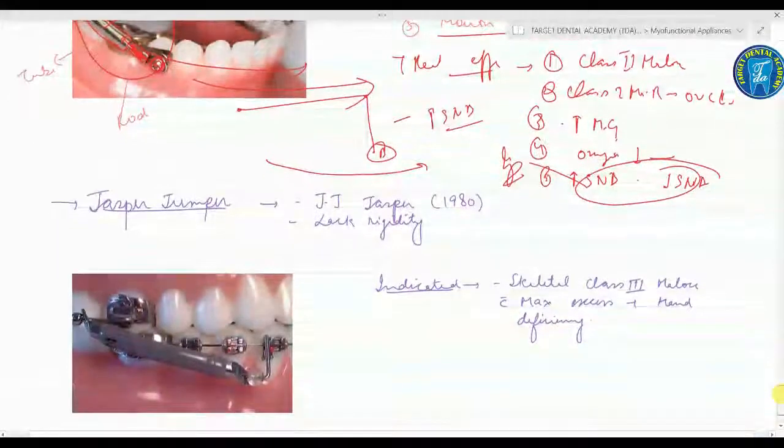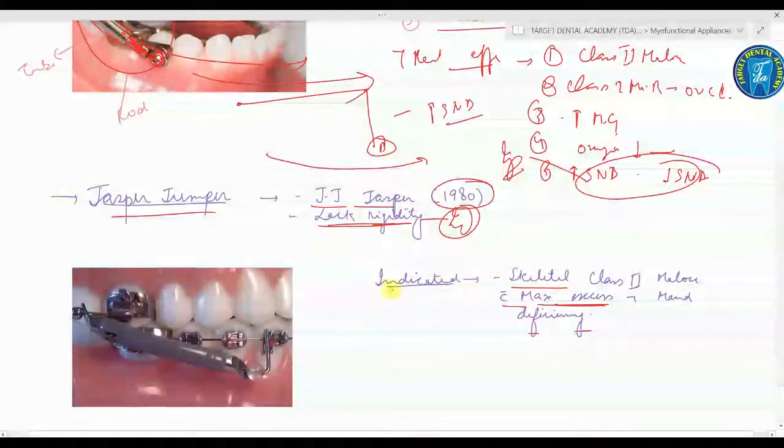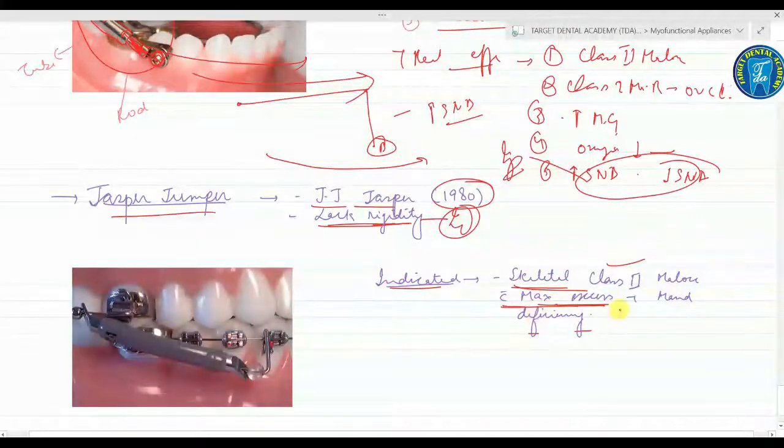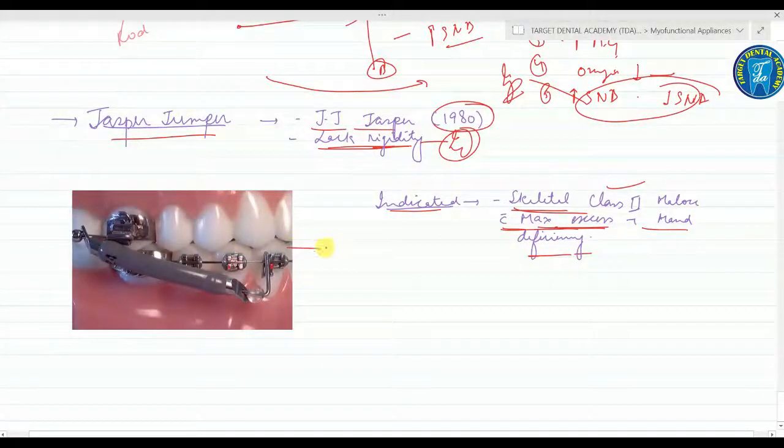Next and the last fixed functional appliance is the Jasper jumper. It was given by J.J. Jasper in year 1980. It is somewhat similar to the Herbst appliance, but it lacks rigidity. Important. And it is indicated in skeletal class 2 malocclusion with maxillary excess and mandibular deficiency. So discussing the appliance design, the appliance uses a modular system. Why? Because